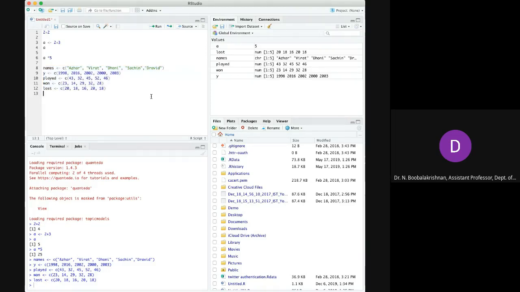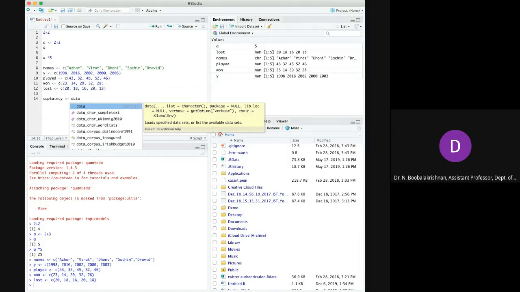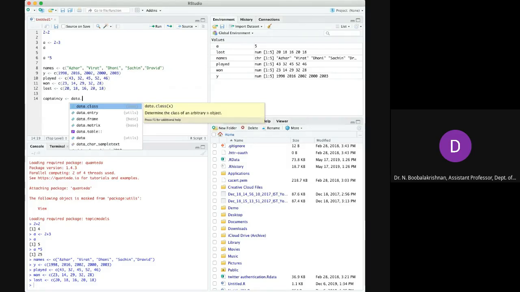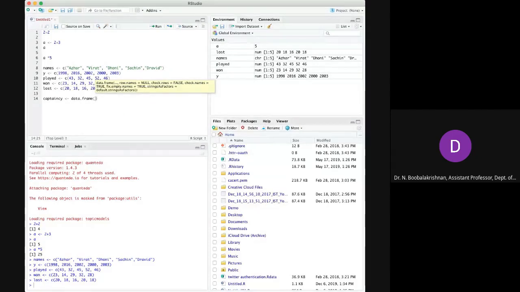What I am going to build now is a data frame. Captaincy is what we call it, the data dot frame with the names, year, played, won, lost.